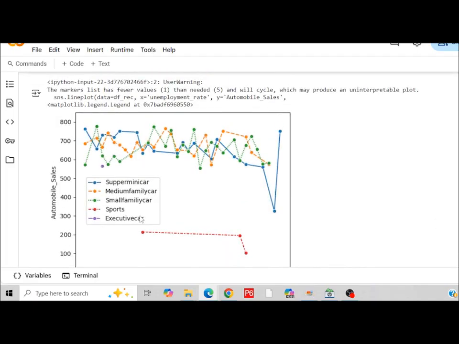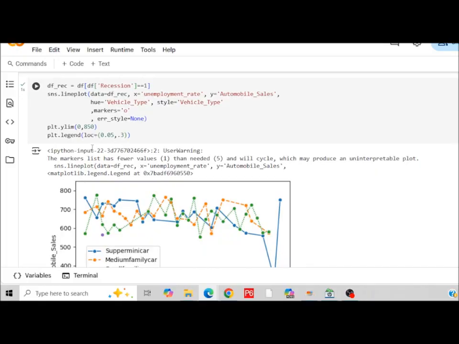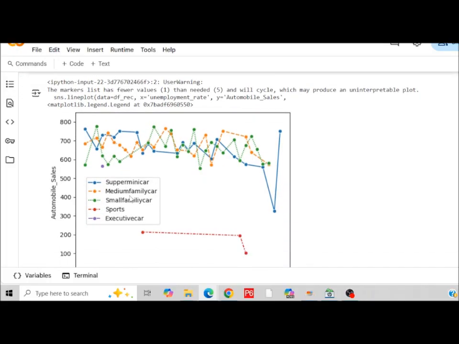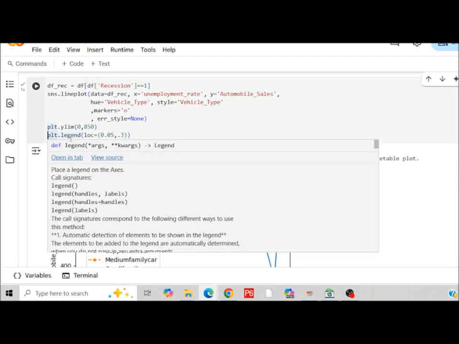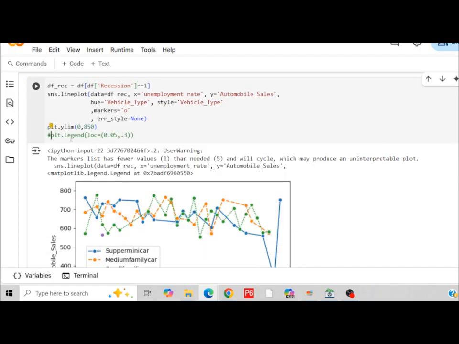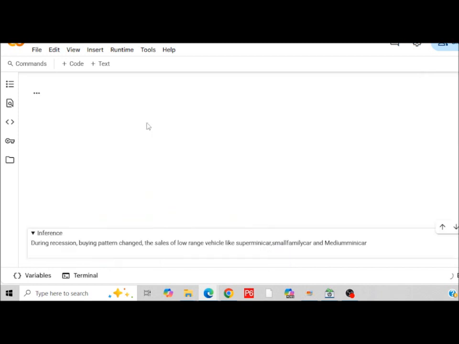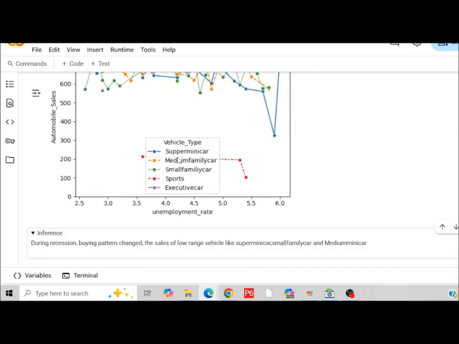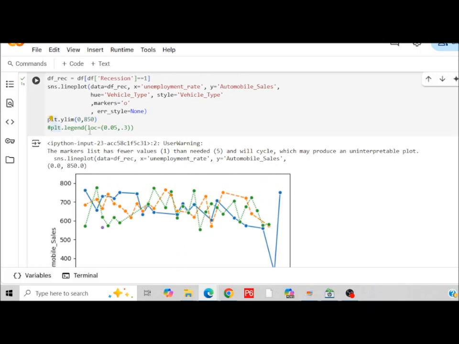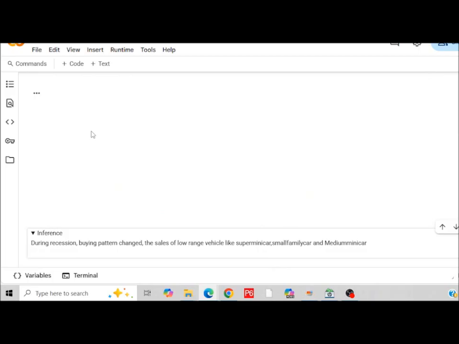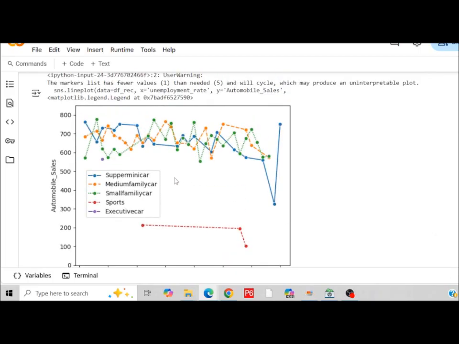And here are the position of the legend. You can see that we determined the position of the legend to make the graph more visual. Let's see if we remove that. You can see that the legend appears at the middle of the graph, and that would not be so good for visualization, so we'll move it in a much better position. Okay,